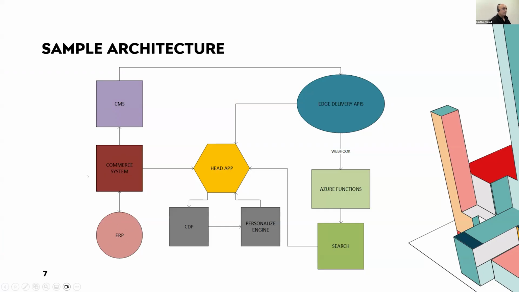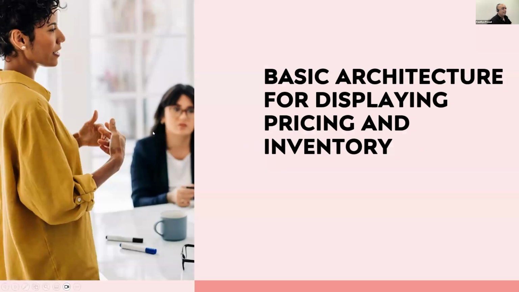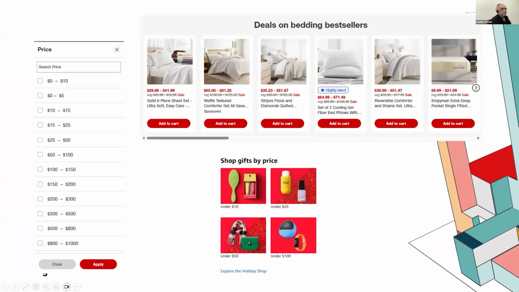It could be the ERP, it could be the commerce system. Some places I've seen it in the CMS, where there's an override added in the CMS. So it depends on the project. Ultimately, all of these show up as content items depending on the project, and then go to the edge. Now, what happens is, in the architecture we saw, we want to retrieve this as a search